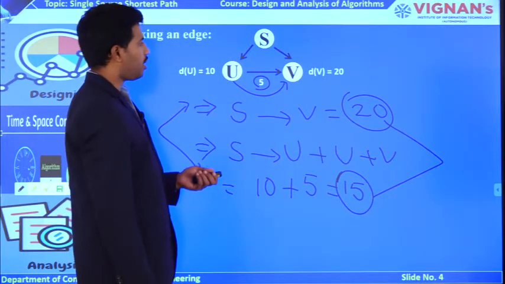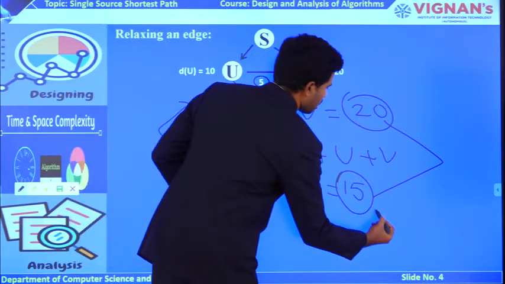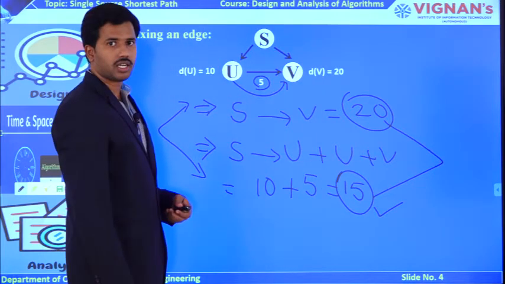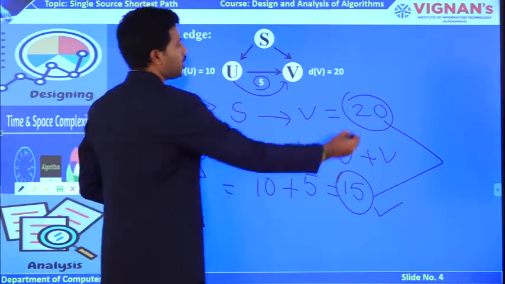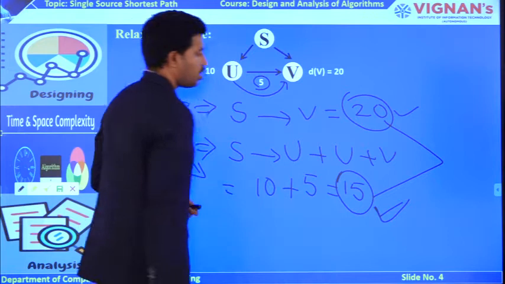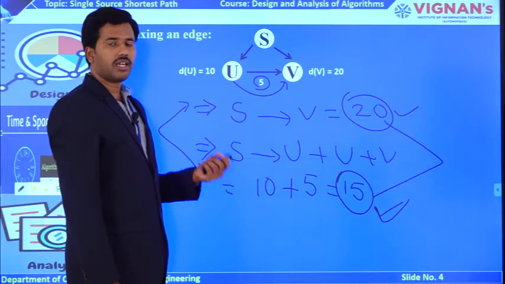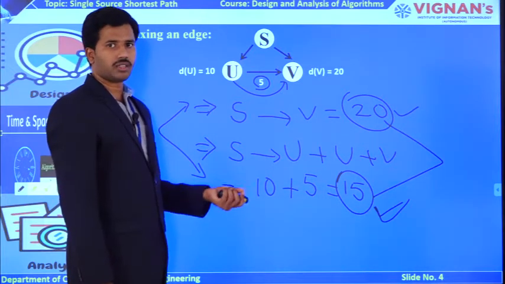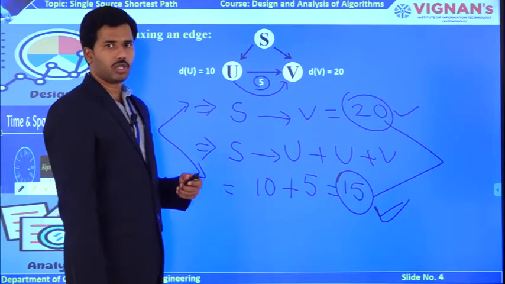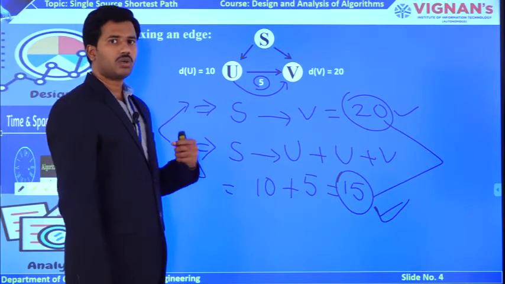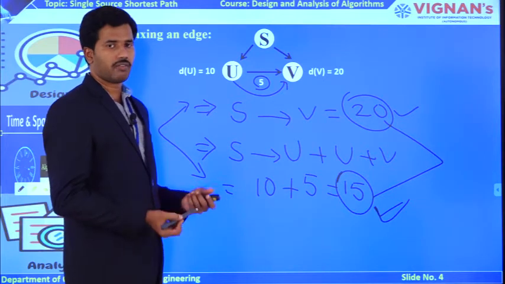Now we compare 20 and 15. Which one is going to have less cost? Nothing but the intermediate connection. So the intermediate path is going to generate the least cost compared to the direct connection path. Why? Because the direct connection produces a cost of 20 and the intermediate connection produces a cost of 15. So now my algorithm has the capability to verify whether the direct connection or the intermediate connection has the best path. Okay, on this principle only my algorithm works, so that I can find out the optimal path from the source vertex to all the remaining n-1 vertices available in my network.